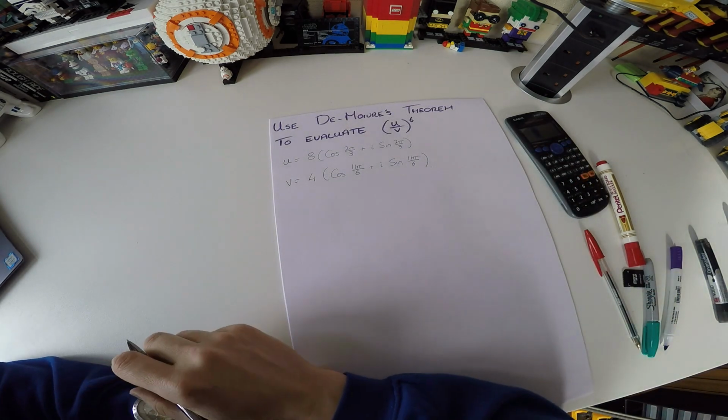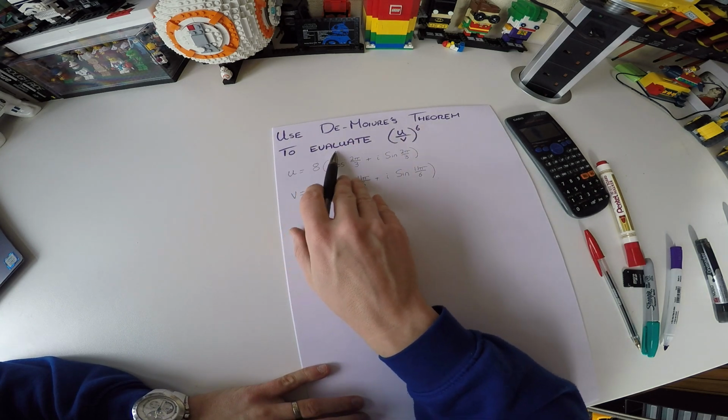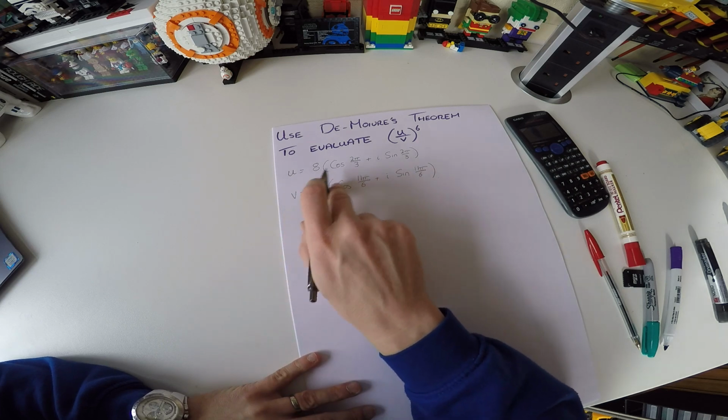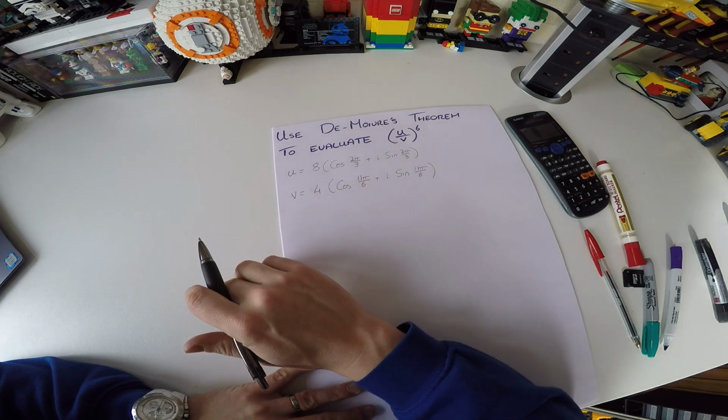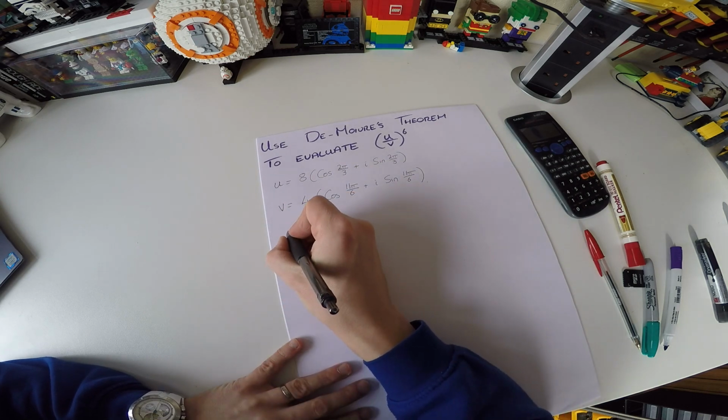Now we're on to the final part, and the final part says, use De Moivre's theorem to evaluate u over v to the power of 6. So we have u and v from the last part in polar form. Now just to remind you of De Moivre's theorem, if you have a complex number in polar form, like z